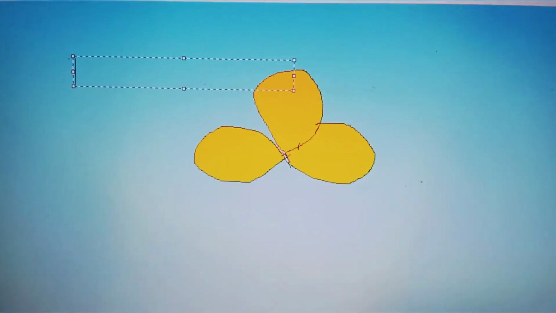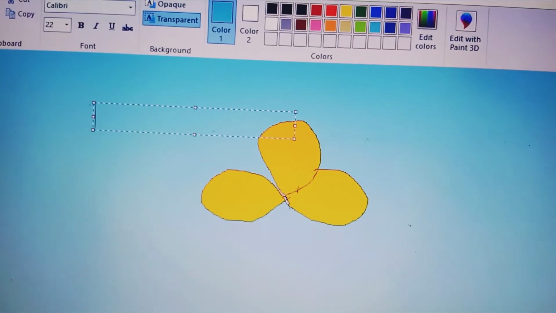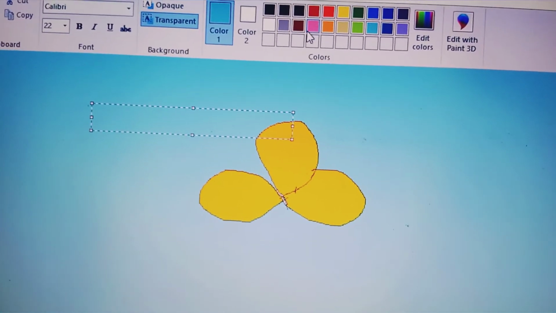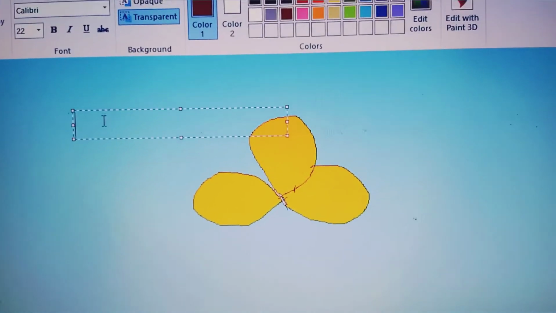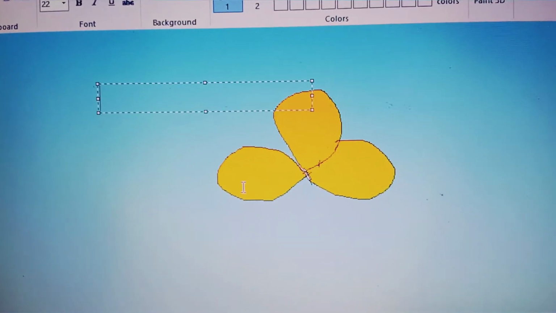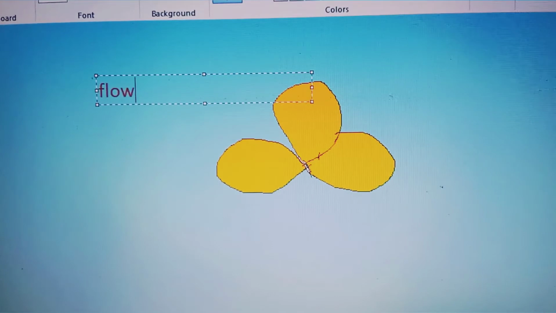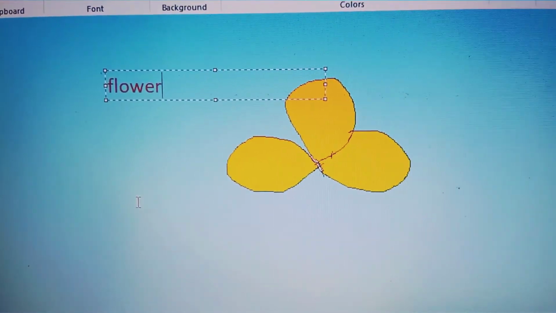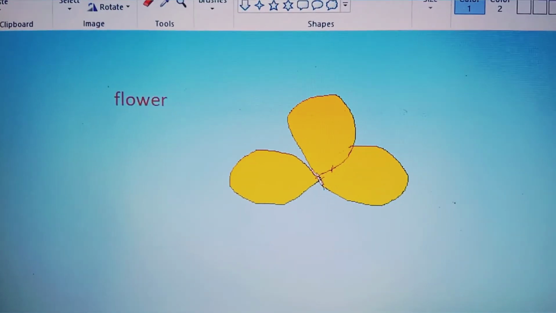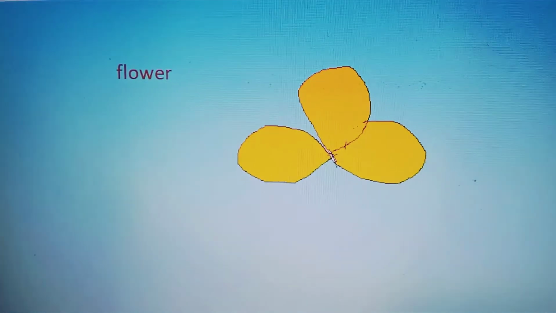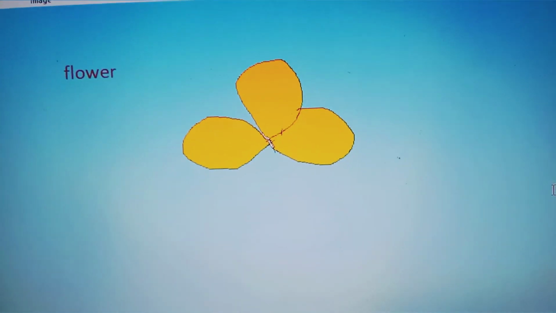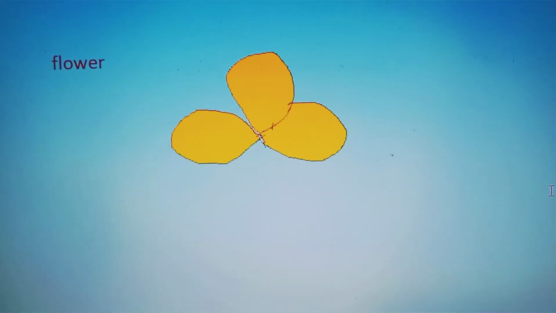Because the screen is also sky. So I take another color. Suppose I took the brown one, and I am going to write flower. Then when you click outside, the dotted line will go. Understood? The eraser tool, I already told you, is used to erase some part of the picture.